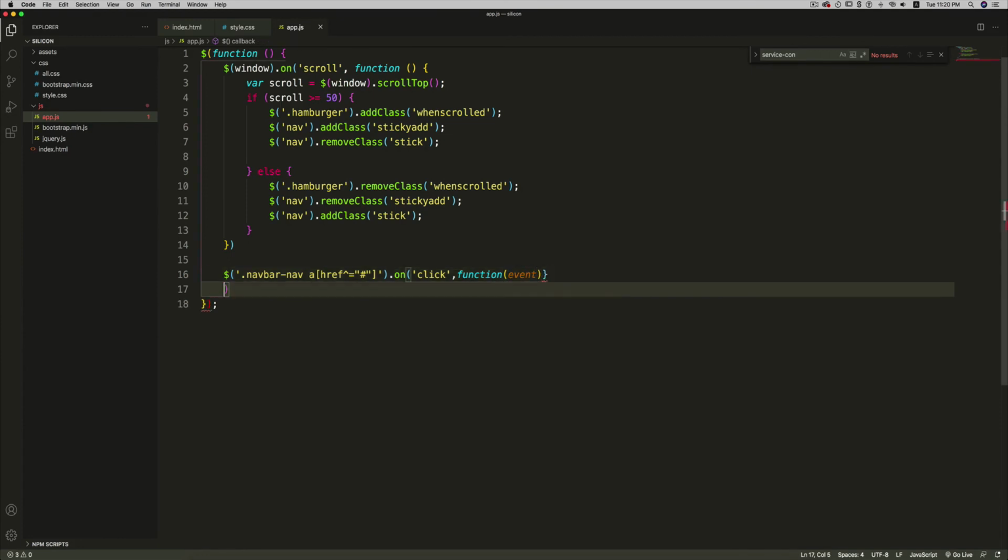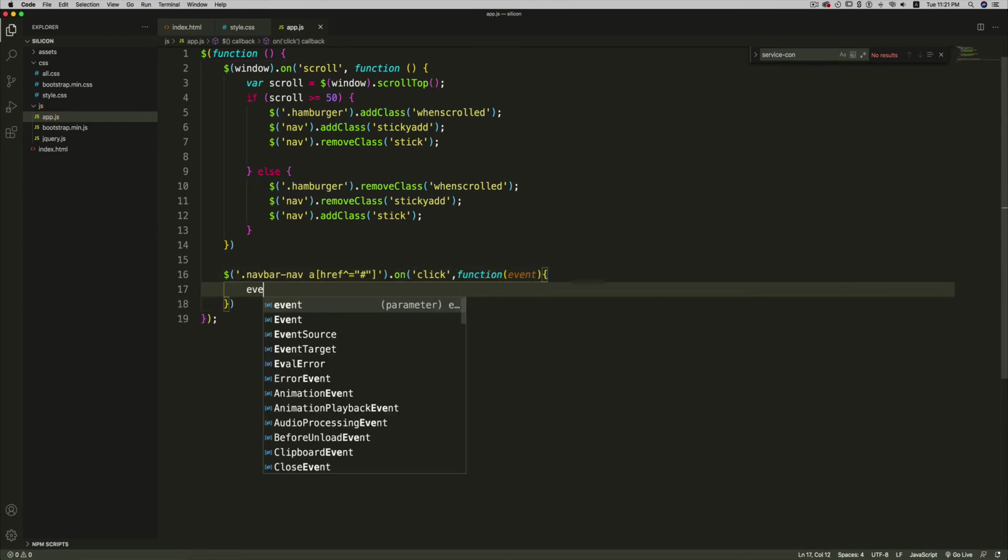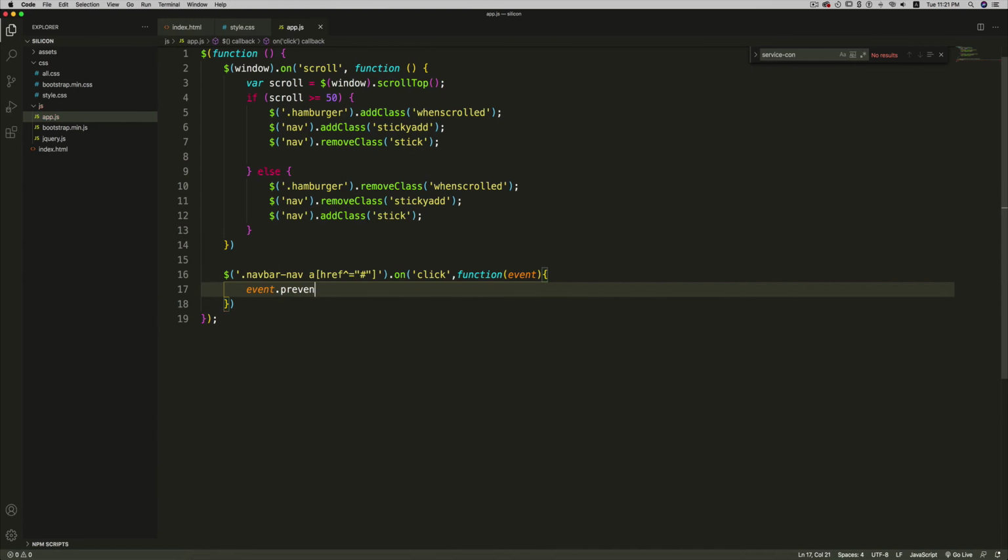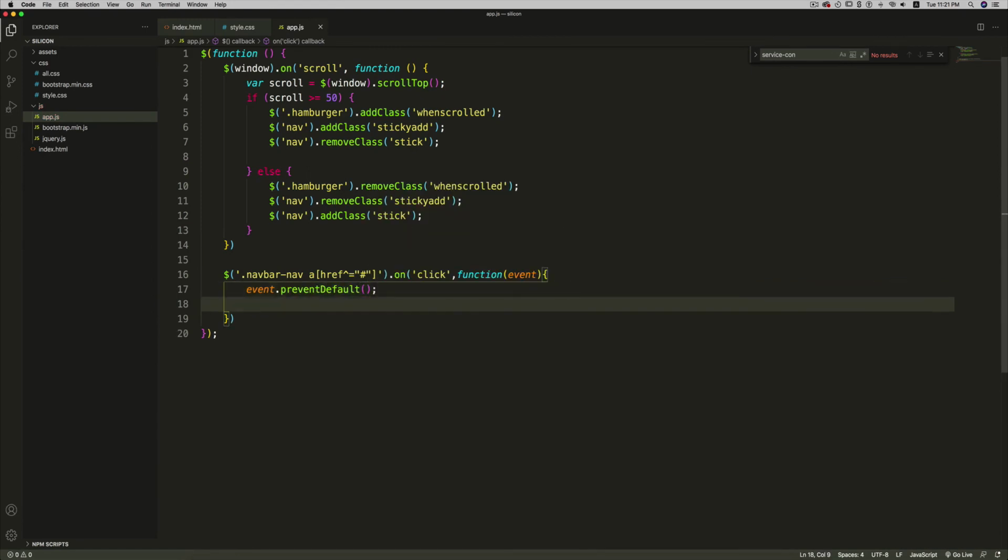And in here, first I'm going to set the prevent default options. So prevent default. Then I'm going to target the HTML and body. So HTML body, sorry, I need to place a comma here, and I'll use the animate function of jQuery.